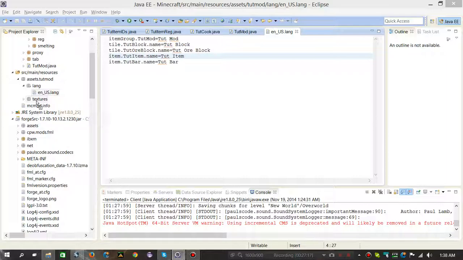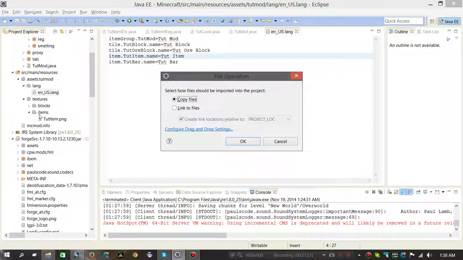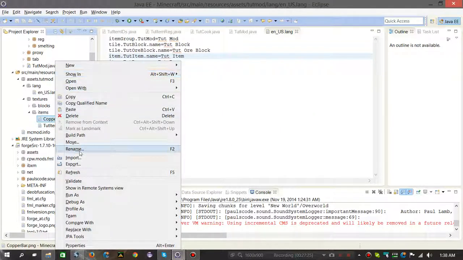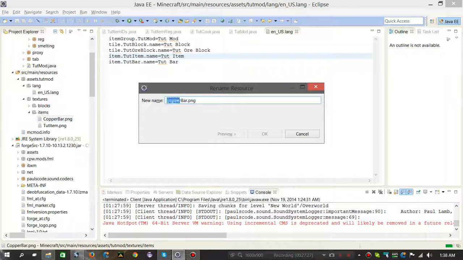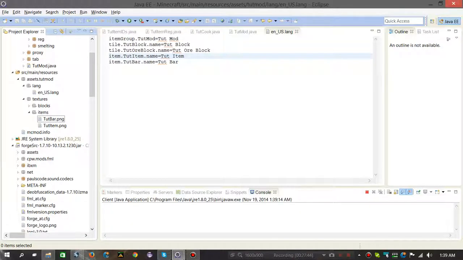Gonna copy over this, rename it. I named it TutBar, so gonna put it there, and we got our texture in for that. So now when we start the client,